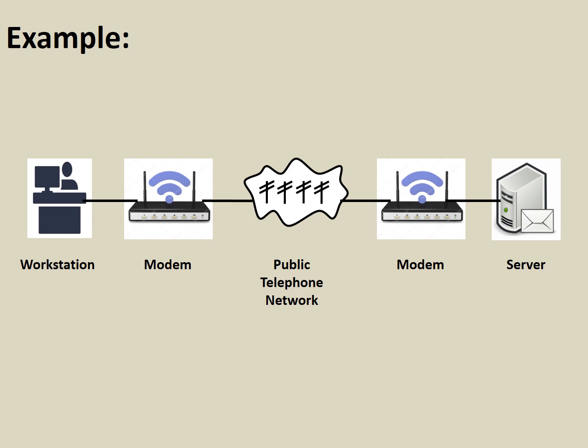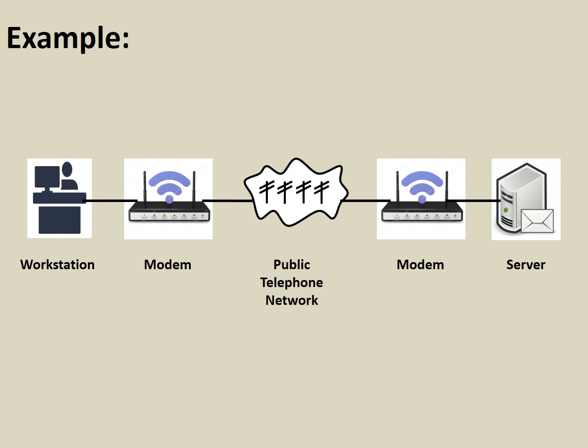The modem converts this message into a digital signal, modulates it, and transmits it to the network or channel. Here the channel is the public telephone network, means we give our information to the telephone network to transmit our signal